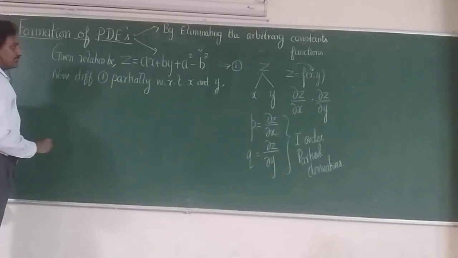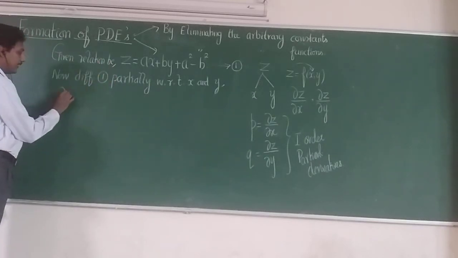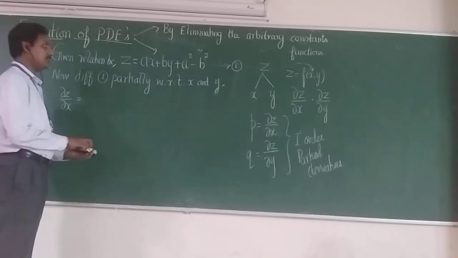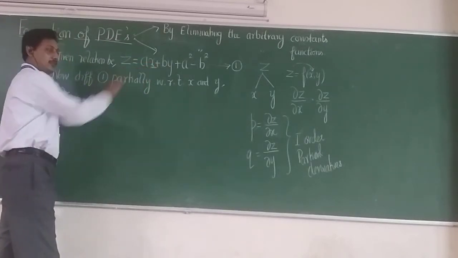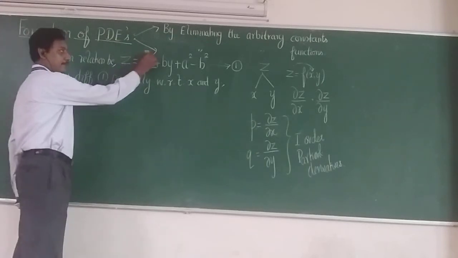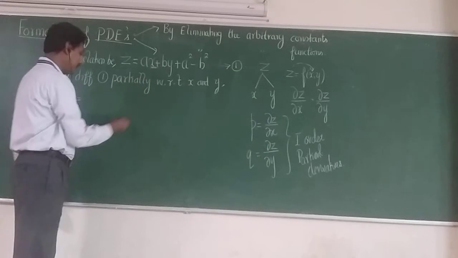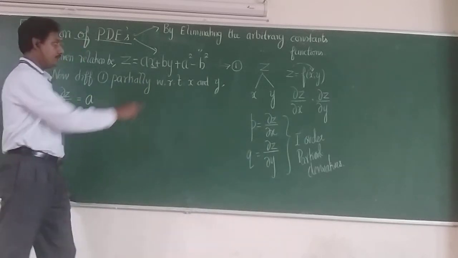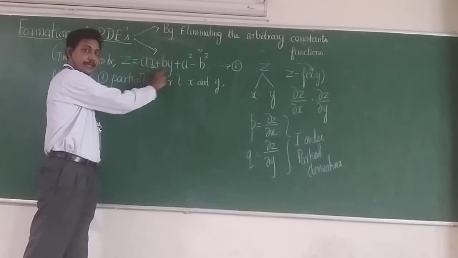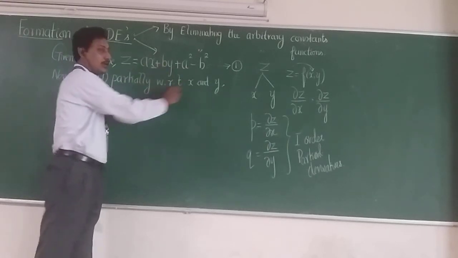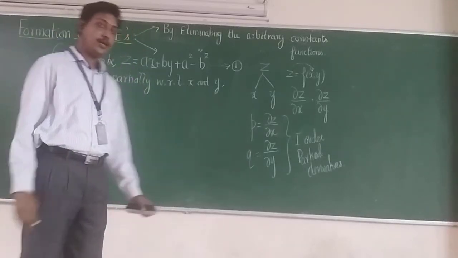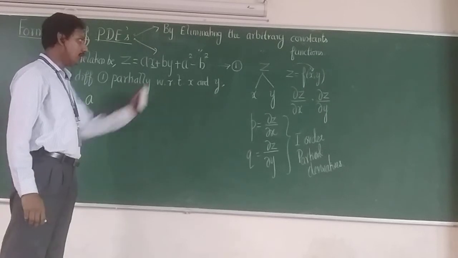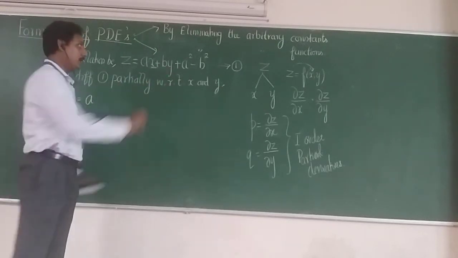When I differentiate equation number 1 partially with respect to x, I get dou z by dou x. Is that right? This is the left hand side. In the right hand side, where we have the x, the first term is ax. So x becomes 1, and the output is simply a. There are no other terms containing the variable x, so everything looks like a constant. What is the differentiation of a constant? It is 0, isn't it? Here my variable is x, so y is constant, and a and b are already constants. So the entire term becomes 0.